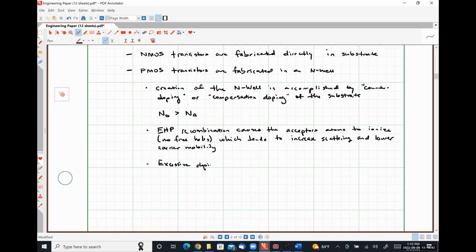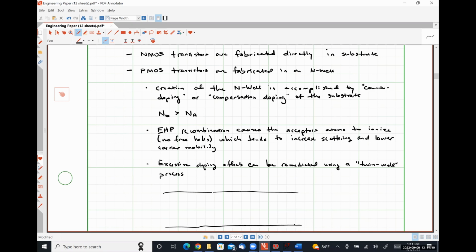Excessive doping effects can be remediated using a twin well process. And I'm just going to do a quick and simplistic picture here just to kind of illustrate what's going on. So in a twin well process,